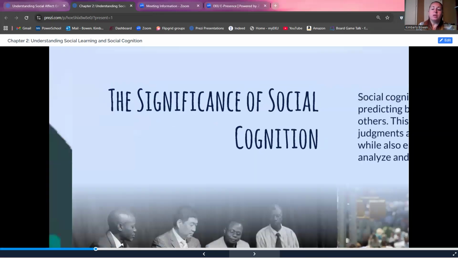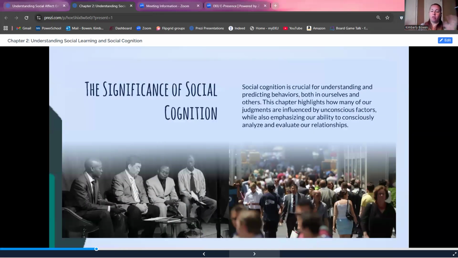All right. So again, all of this comes back to understanding and predicting behaviors, because we can't socially interact with other people if we don't A, know how to do that, or B, be able to read or perceive that information. And a lot of that comes to how we learn how to read body language, how we learn how to read facial expressions, based on the way someone's talking to us, or based on the tone or the loudness or the authority or the particular social roles.